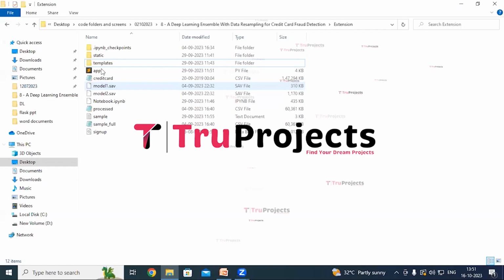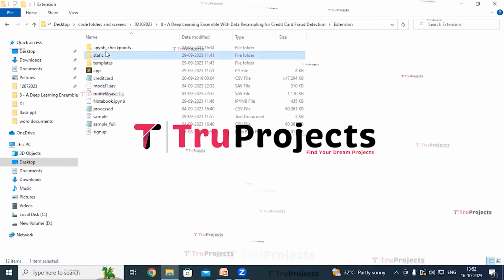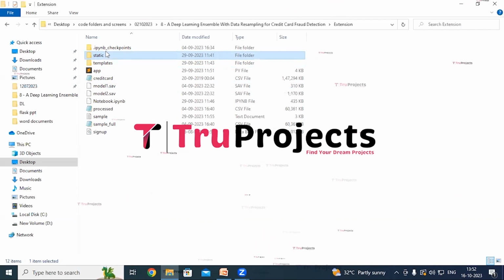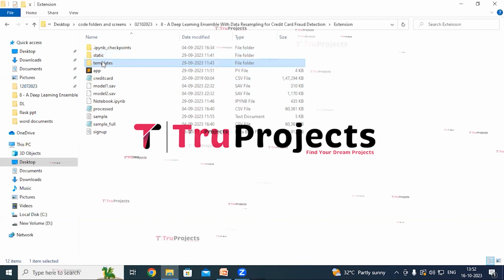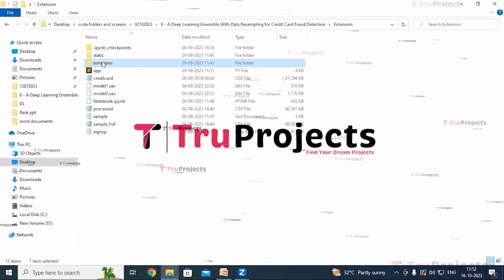Execution of the project. To execute this project, first we need to open the code folder which contains the project source code files. So this is static folder. This folder consists of files related to CSS, JavaScript and Bootstrap. This is templates folder. This folder contains all the HTML pages used in the